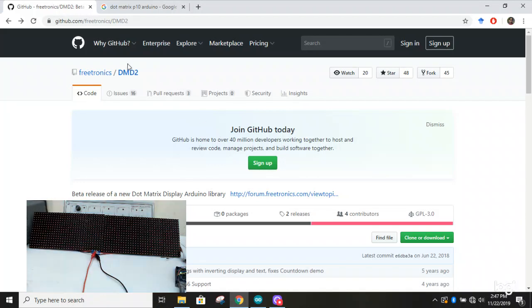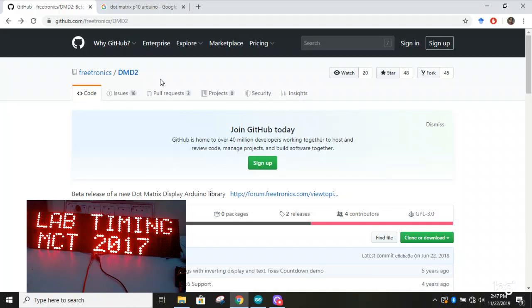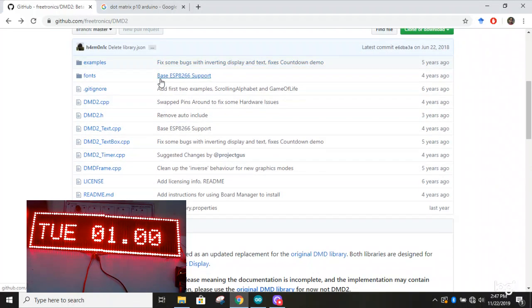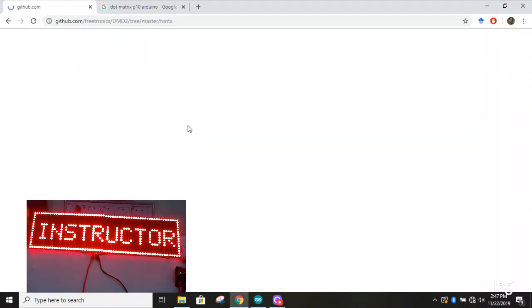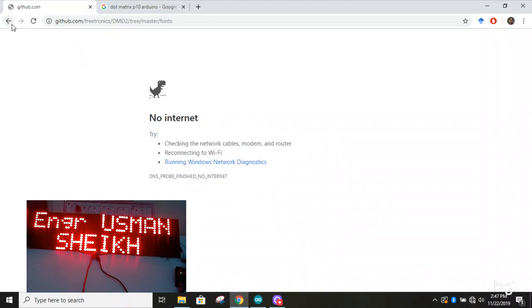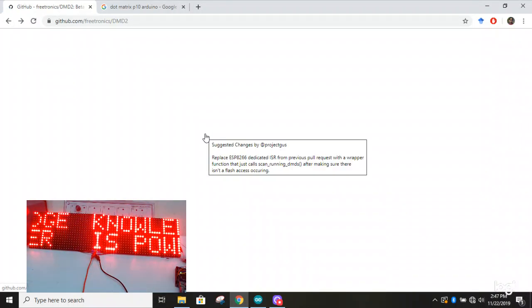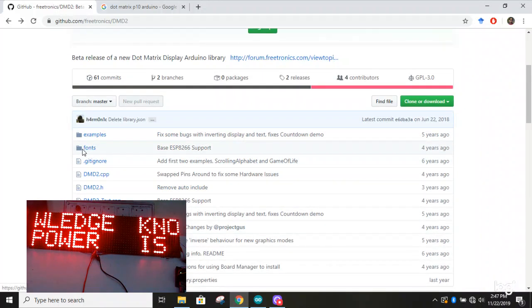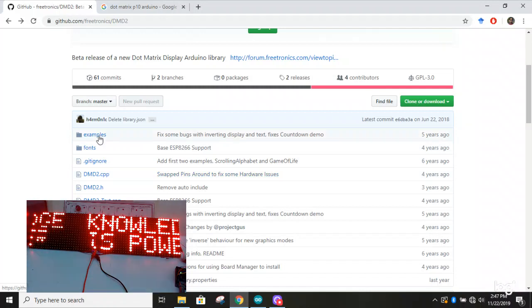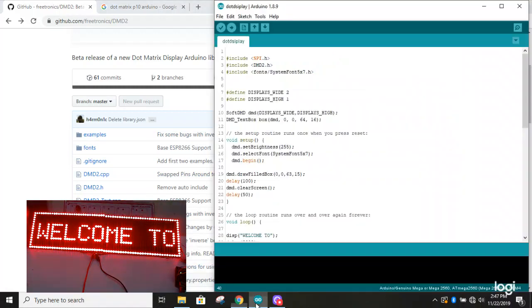this library, DMD2, from the Freetronics community. Here you can see the example and fonts. We have these available. Sorry, that is disconnected. So you can check by yourself what are the possible fonts available there. So you will configure this library in the Arduino, and in the Arduino this is the code which is being